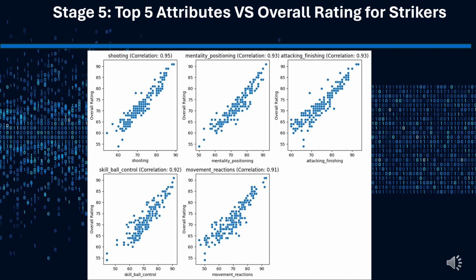These attributes have a significant impact on the overall rating of male striker players in FIFA 23. We created the scatter graphs to visualize the relationship between the overall ratings of male striker players and each of the top 5 attributes, as you can see from the results below. As expected, there's a strong correlation between each of the top 5 attributes and the overall ratings of male striker players. This indicates that attributes such as shooting, positioning, finishing, ball control, and reactions significantly contribute to a striker's overall performance rating in FIFA 23.